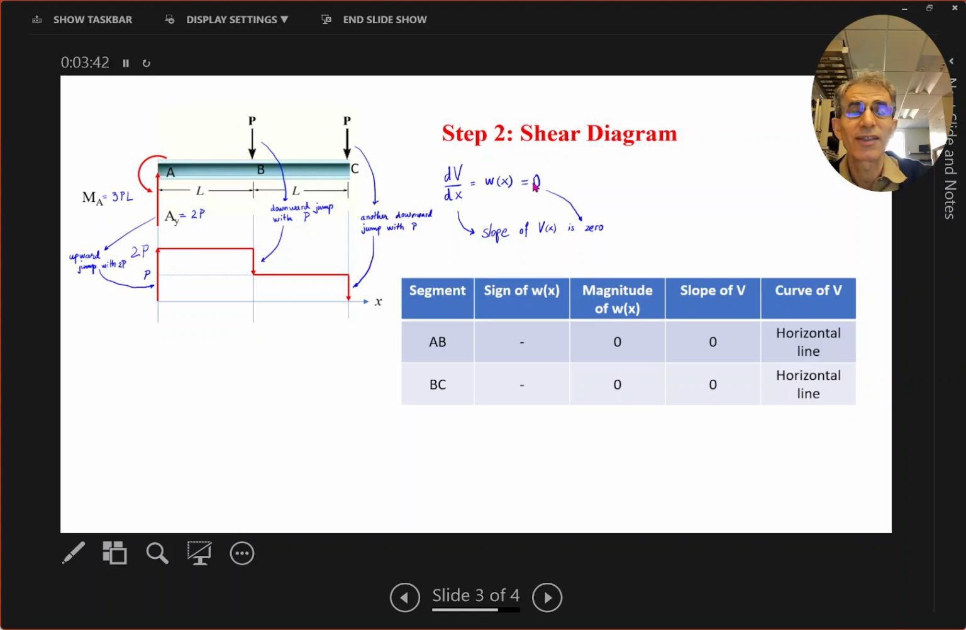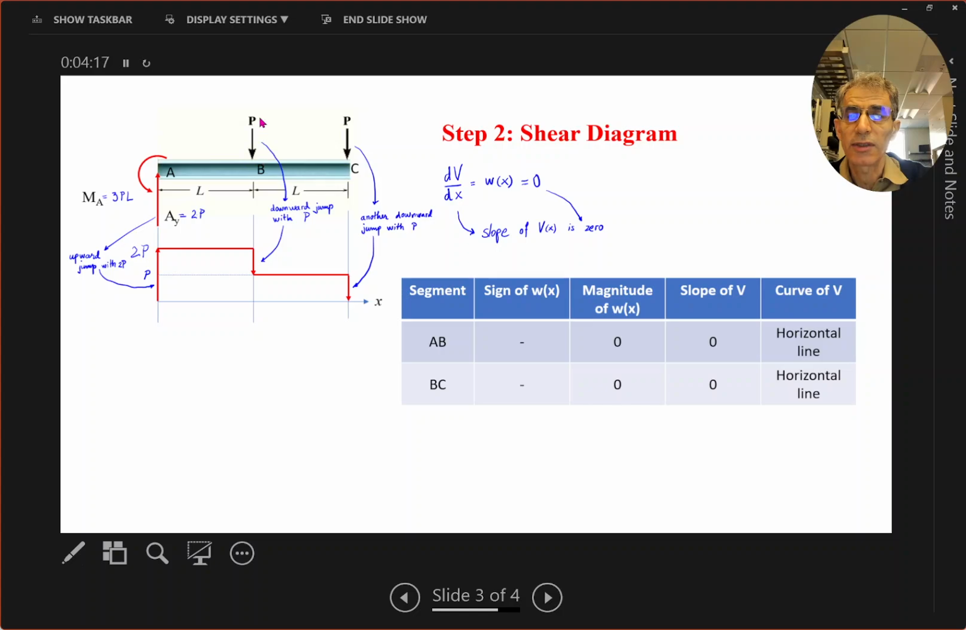And this tells us that the slope of the shear force is zero, which means it's supposed to be a horizontal line. And I did put here two segments that you can see. That is because starting from A to B, we have this 2P that we started at point A, and then we draw that horizontal line, meaning that there is no change. Everywhere here the shear will be 2P. Then as we reach point B,